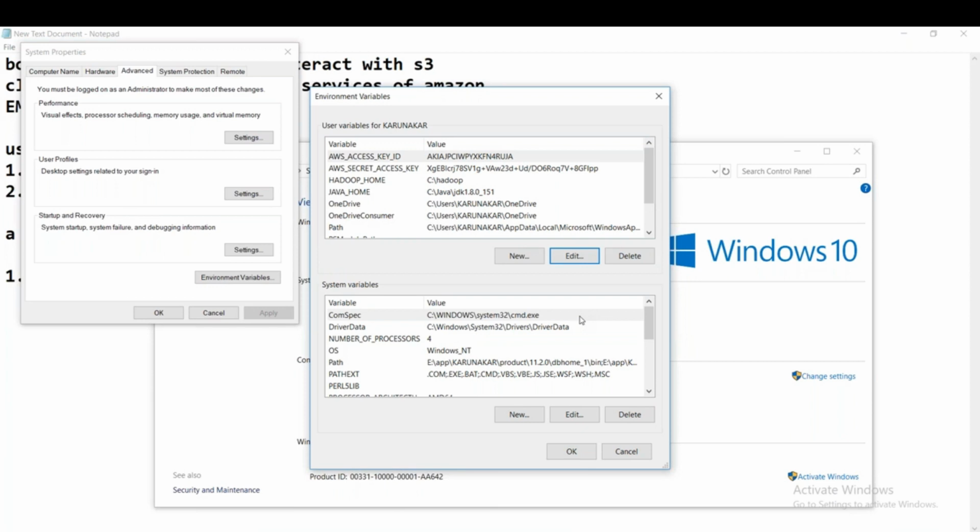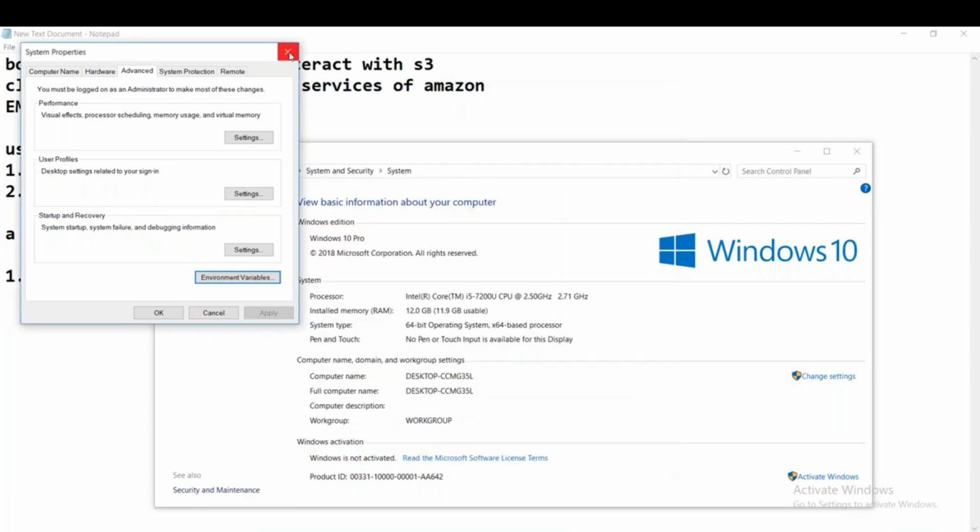Generally in our companies where we work, we will not have the access to change the environment variables, because this is going to change the behavior of the environment variables and how to access the service, everything. So these are not going to be given public access. So this is one way of specifying the credentials, the access key and secret key, by setting them as environment variables. And one more way is under user.